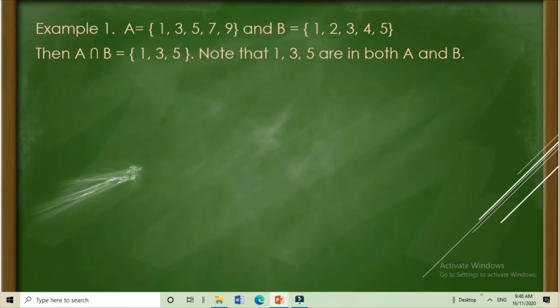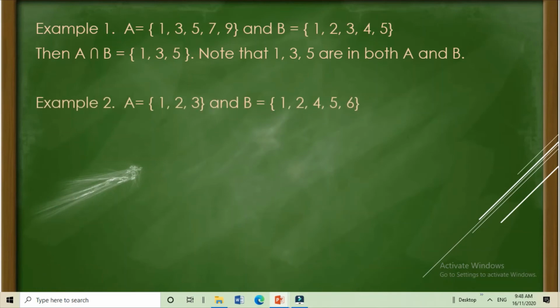Okay? Makikita natin siya sa dalawang set. Ang 3, makikita sa dalawang set. 5, makikita natin sa dalawang set. So, yun lang yun kasi nga, yung 7 and 9, di natin siya makikita sa set B. Therefore, A intersection B is equal to elements 1, 3, and 5.